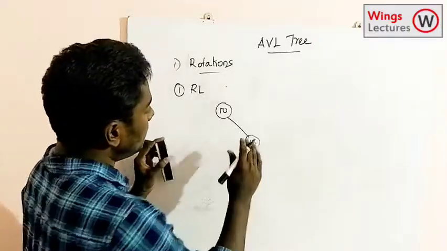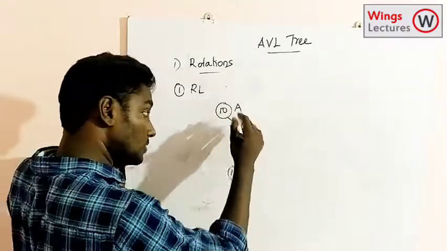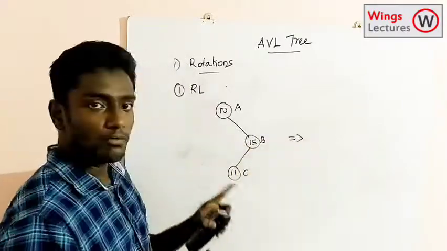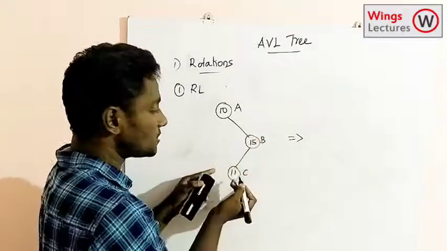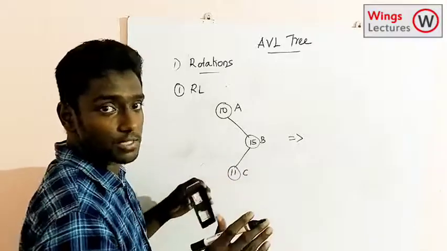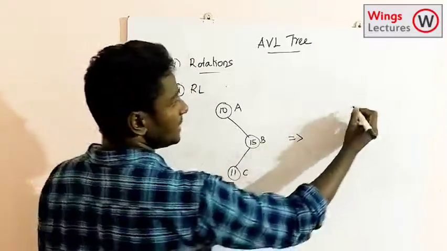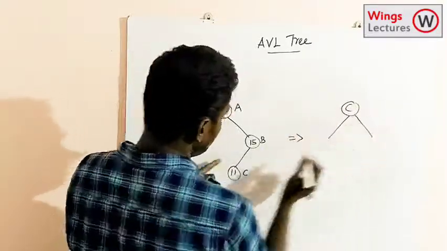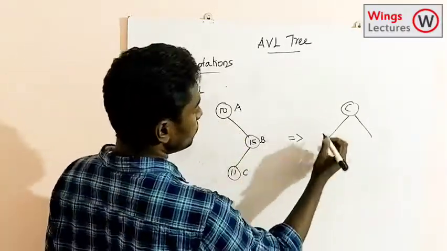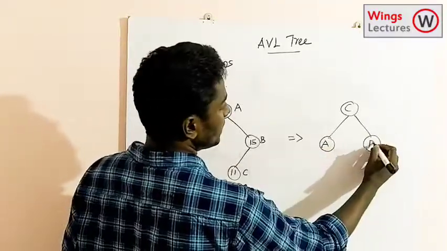Okay, now again I am going to change the root nodes by using alphabets A, B, C. The rule is you have to bring C as the last value, the in order successor, as the root node. So you have to bring the last node C as root node and then see the values. 10 is lesser than that, so A is going to be left subtree and B is going to be right subtree.